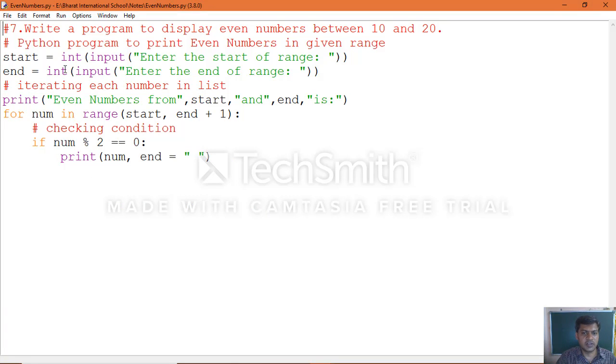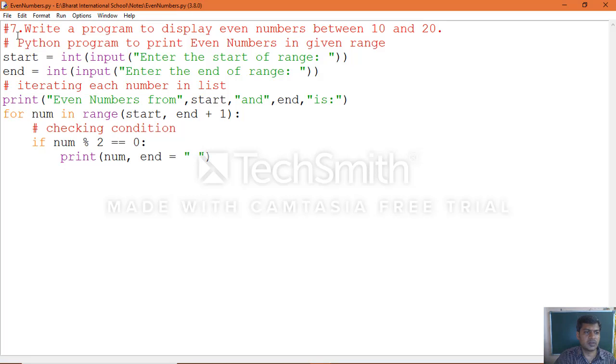In the program, start equal to reading the input, end equal to reading the input, print even numbers from start to end. For num in range, then checking the condition if num modulus 2 double equal to 0, then that number is an even number, and printing num, and we use end equal to space to separate each value.